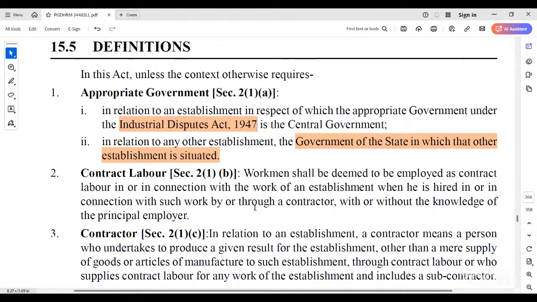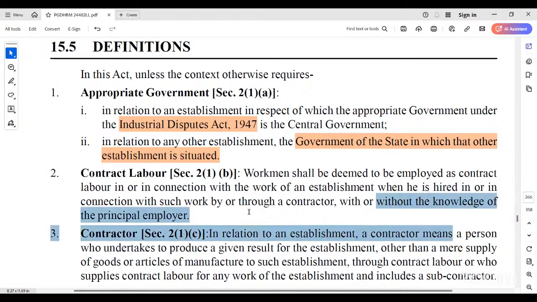Right. So contract labor is defined as per Section 2, subsection 1, subsection B. A workman shall be deemed to be employed as contract labor in connection with the work of an establishment when he is hired in connection with such work by or through a contractor, with or without the knowledge of the principal employer. So no need to give the knowledge to the principal employer, right? For example,